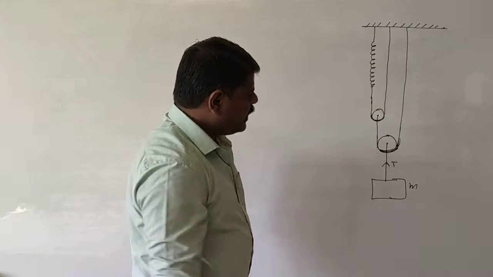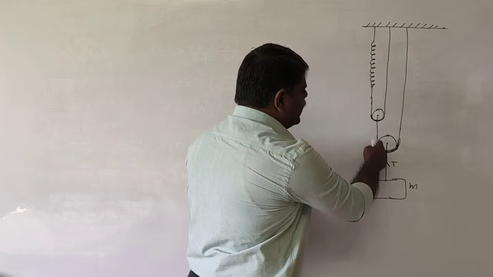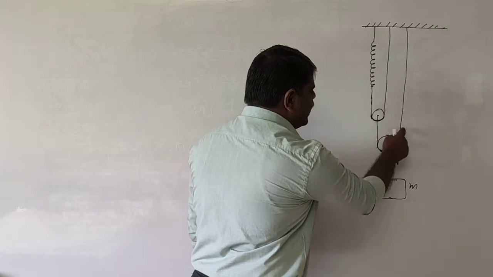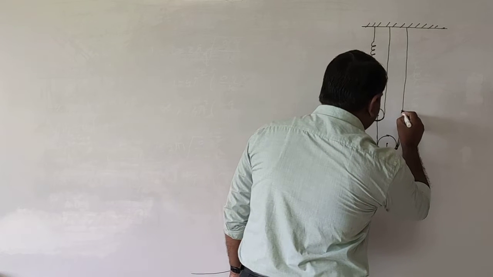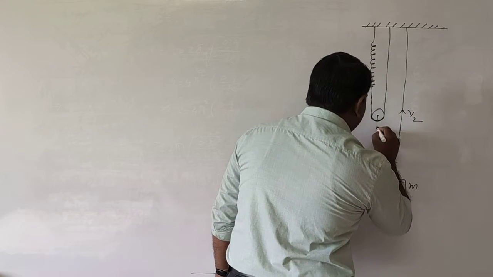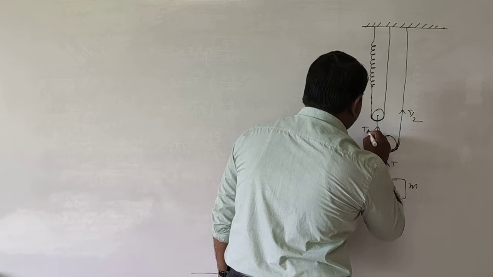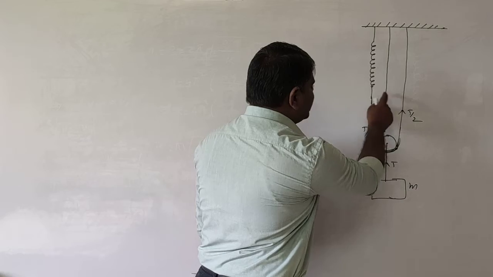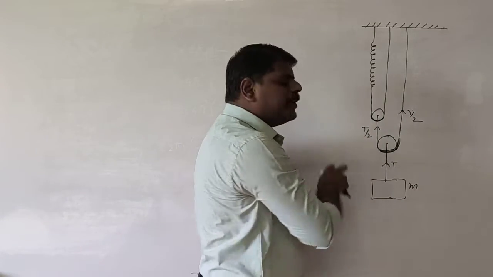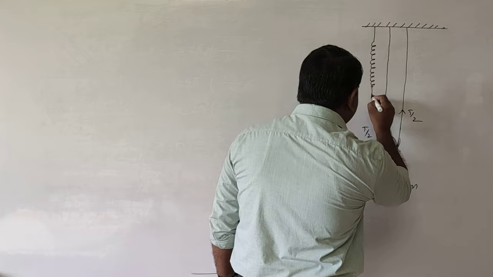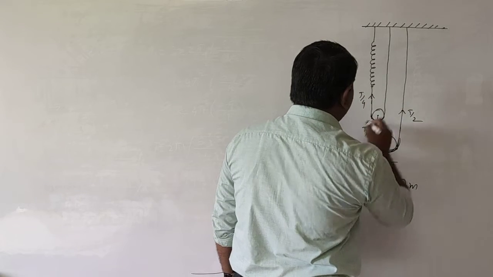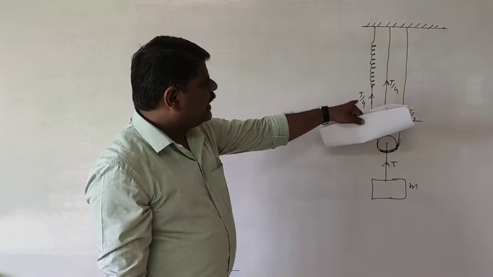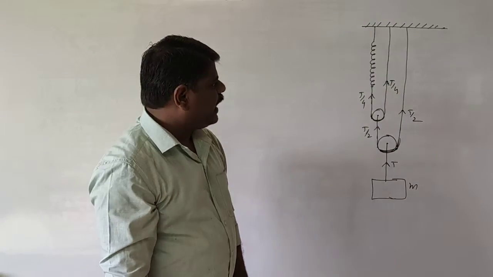T tension. And this tension is going to be divided into two parts here, because the two sides are there. That means this tension is equally divided into two parts. That means here the tension becomes T by 2, and here also the tension becomes T by 2. And this T by 2 tension, again the two more ropes are there. That means this T by 2 tension is again divided into two equal parts. Then how much tension will be there here? Here the tension becomes T by 4, and at this point also the tension becomes T by 4. Okay, like that the tensions change here, T by 4 and T by 4.